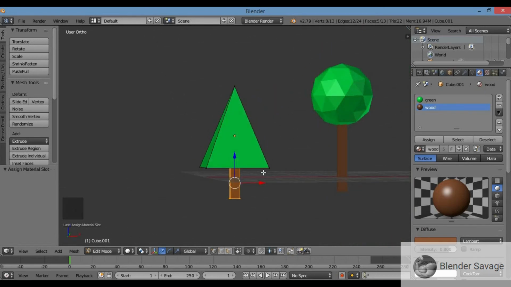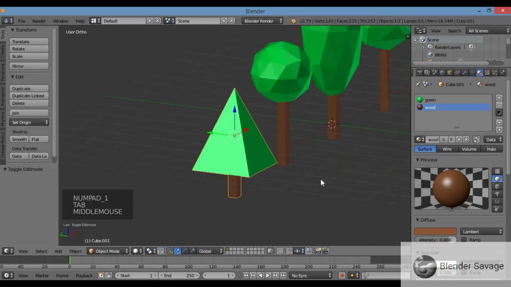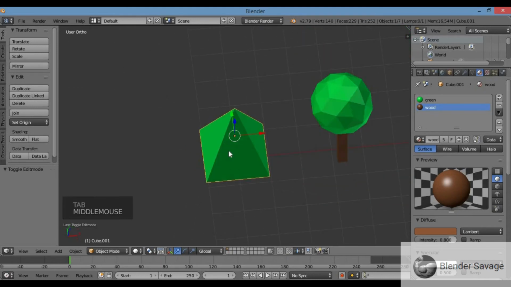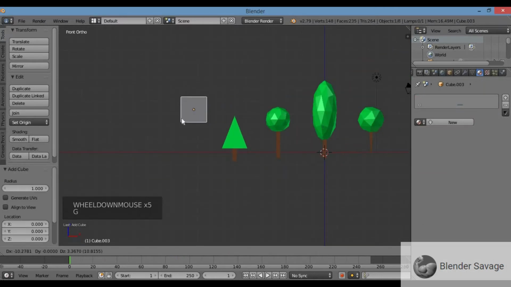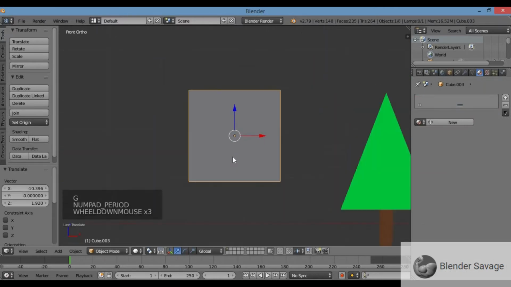Z for solid view. There we go. Let's say you don't want such a pyramid looking tree. Still not low poly enough for you? We can just reduce the amount of faces. So I'll bring in another cube here. Shift A, Mesh, Cube. G for grab, bring it over here, decimal key,